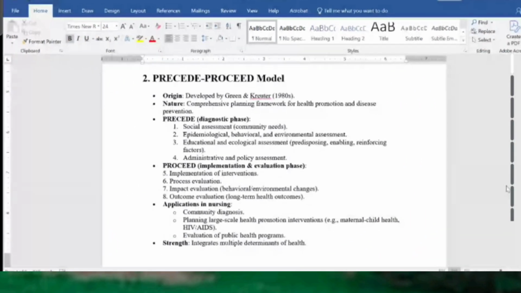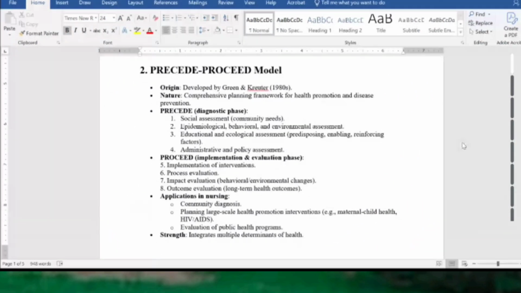The PRECEDE PROCEED model. Origin: developed by Green and Kreuter in the 1980s. The nature is a comprehensive planning framework for health promotion and disease prevention. PRECEDE: